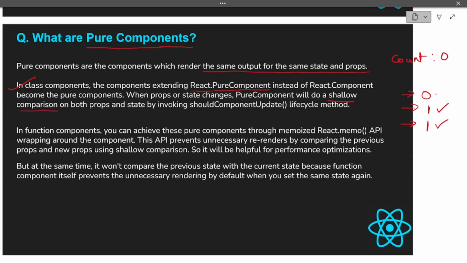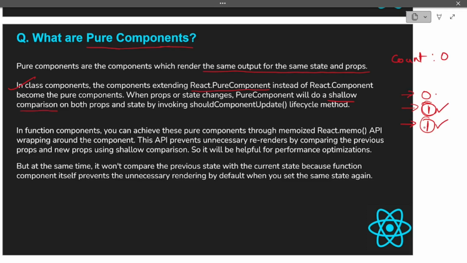So what happens behind the scenes is that for whatever your code is, a virtual DOM tree is created. For example, we have this, and we can consider it as our new value, and this was our old value. So a shallow comparison between these two will be done, and React will see that the value has not actually changed. So there is no need for re-rendering the entire component, right? Because this is an extra expensive operation that I don't want to do.